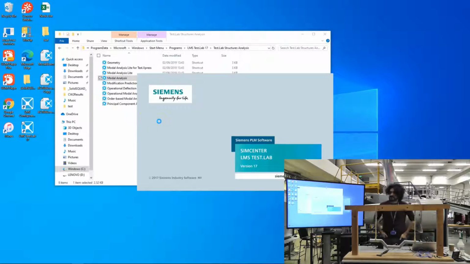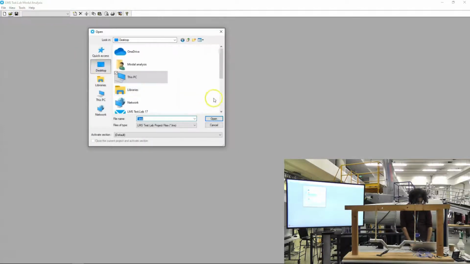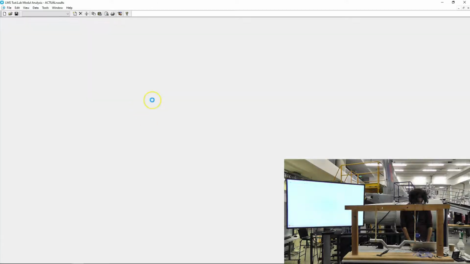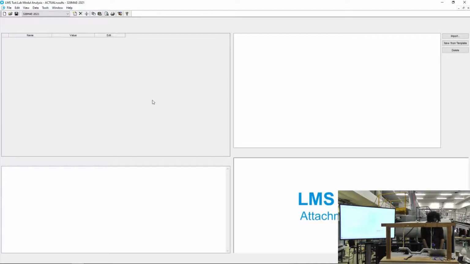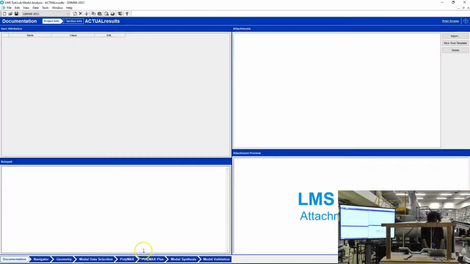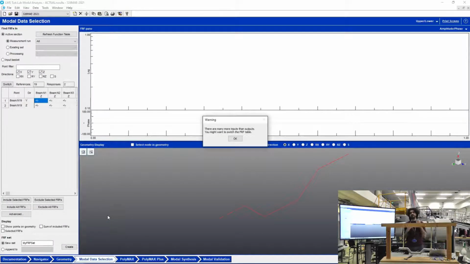I will open the modal analysis section of the software. Okay, so now we have to follow these tabs, and we have to select which frequency response functions we want